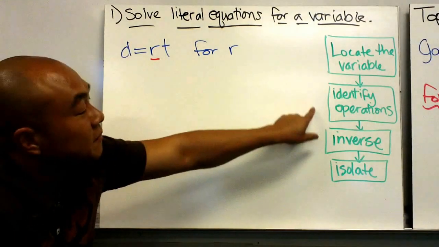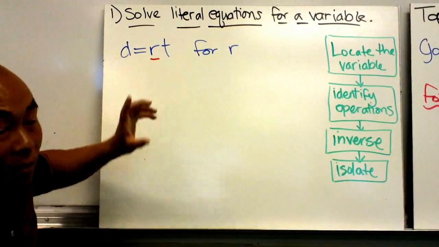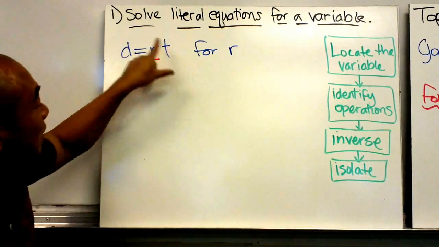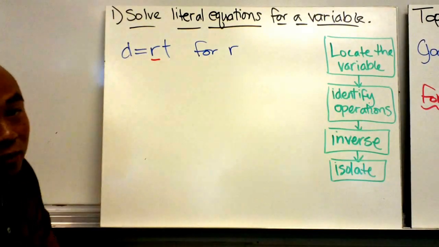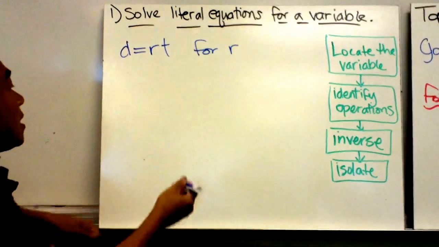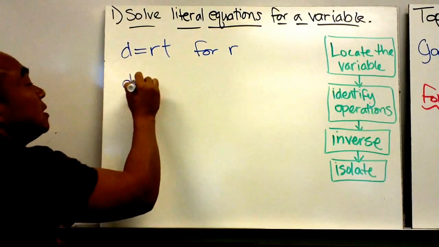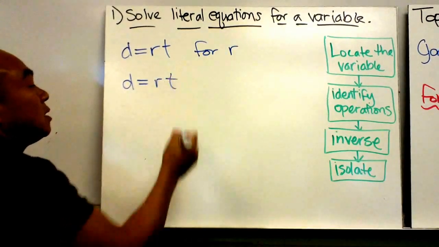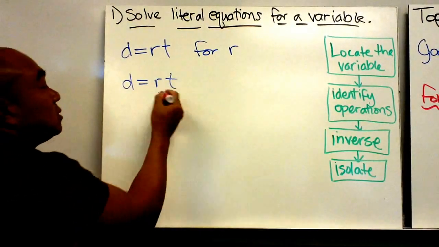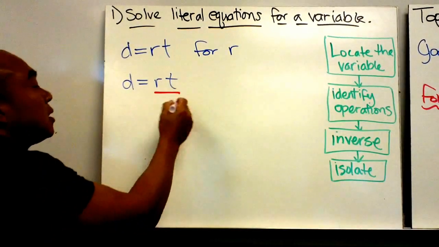Now I'm going to identify any operations that I see. I see here that it's r times t. Okay? So now my goal is to get r on its own. And the best way that I know how right here is I need to move that t over. The easiest way to move that t over is by taking the inverse of multiplying. So if I take d is equal to r times t, the inverse of multiplying would be dividing. And since I want to keep r where r is, I'm going to take away t,